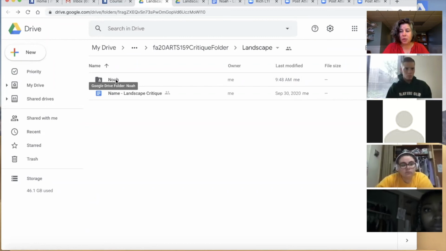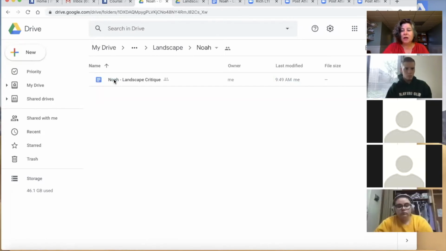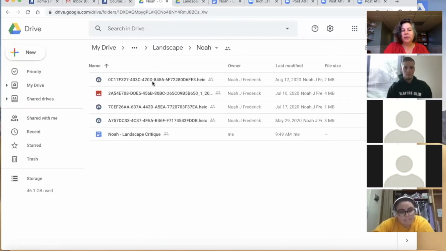So there'll be your 2, 3, or 4 JPEGs as well as that document in this folder. So when I'm done today, just drag your JPEGs into that folder that's created, and you're doing it already. Look at you. And the rest of you need to be making yours, and you can give them better titles if you want. It's completely up to you.